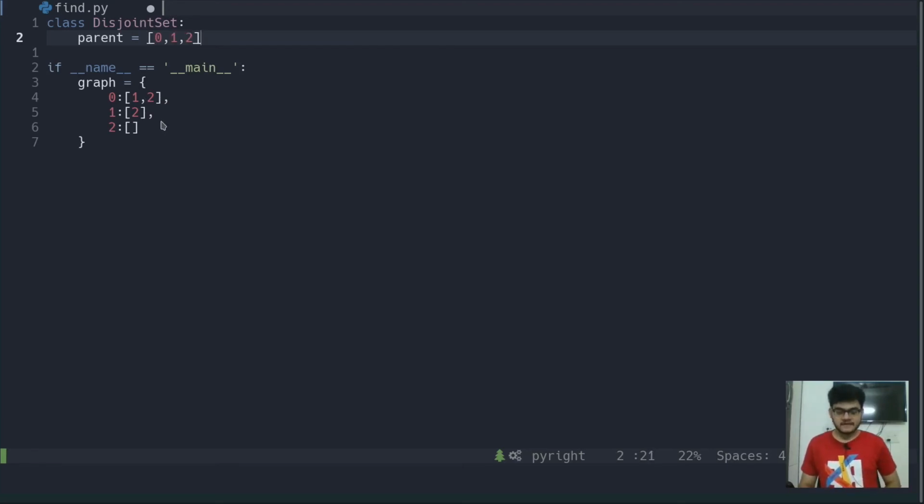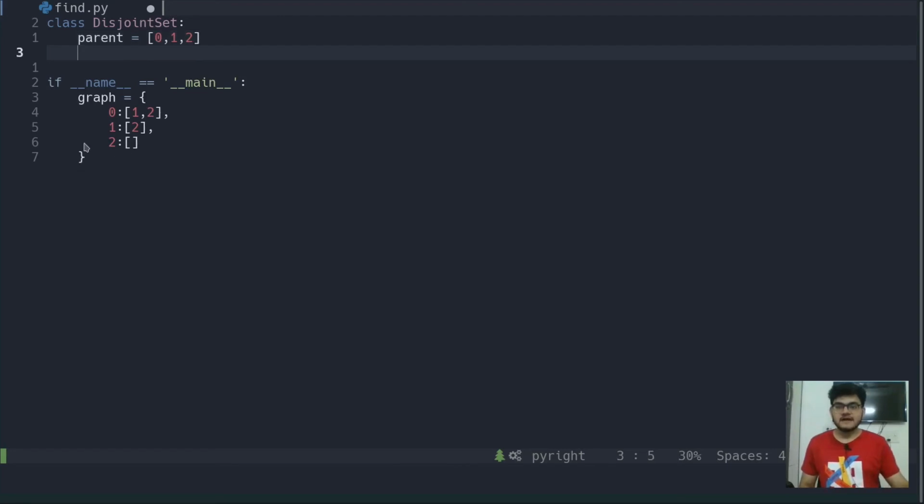It basically represents that 0 is the parent of itself, 1 has a parent of itself, and 2 is also the parent of itself. So if I try to access the parent of 1, it will give me the value 1, and similarly for 0 and 2, right? So we have created separate subsets for each of these values.